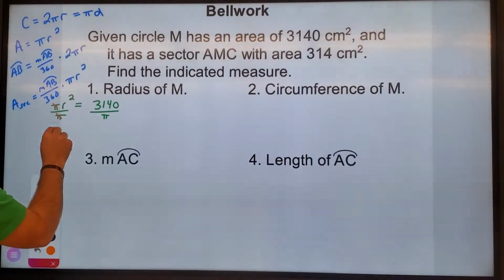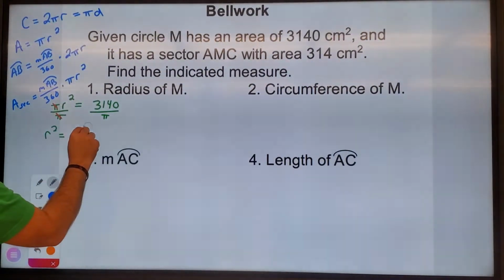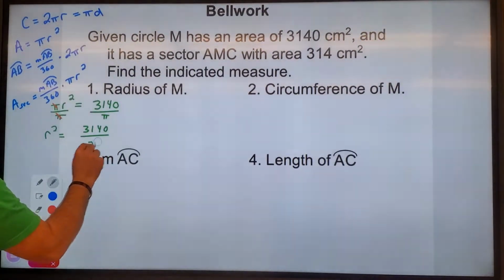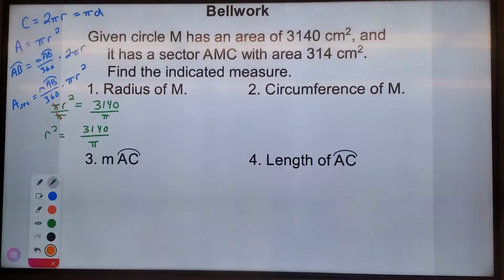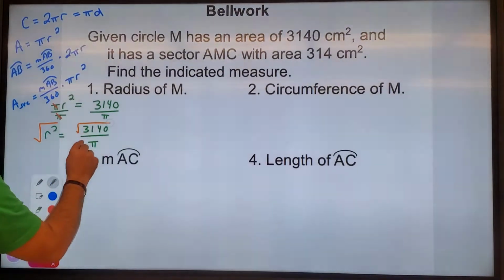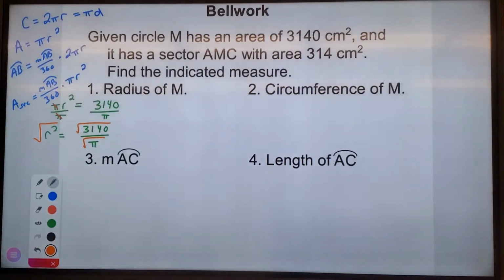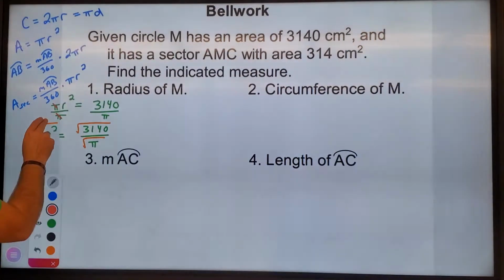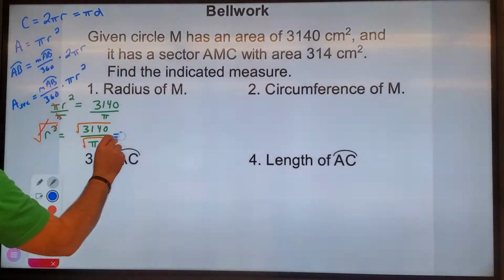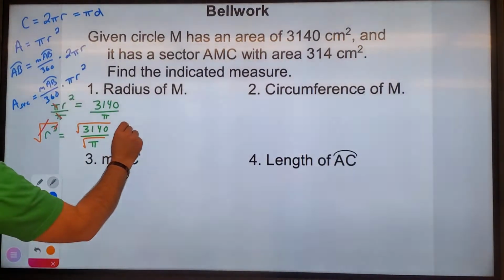And I have r squared equals that 3,140 over pi. And again, what happens here is I need to take the square root. And again, I'm going to do the top and bottom over here. Square root and the square will cancel. And that's now going to give me that the radius